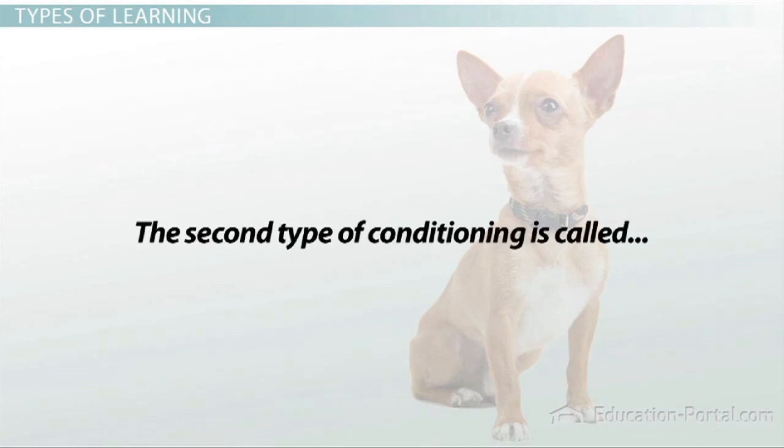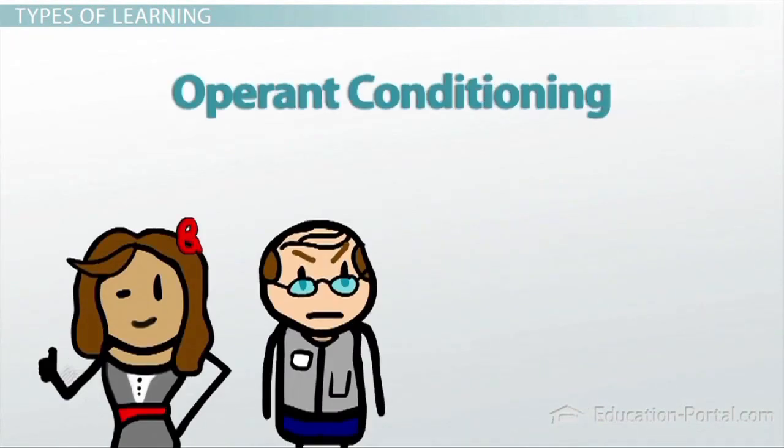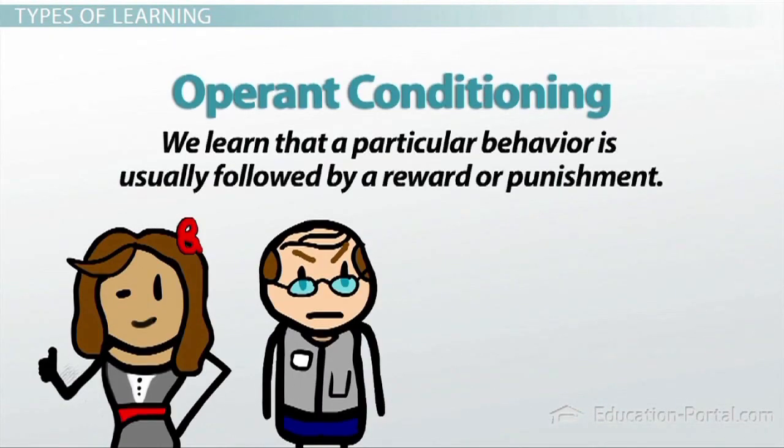The second type of conditioning is called operant conditioning. Here we learn that a particular behavior is usually followed by a reward or